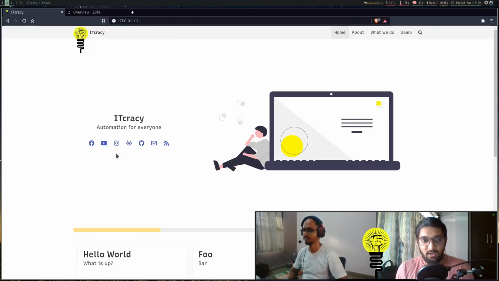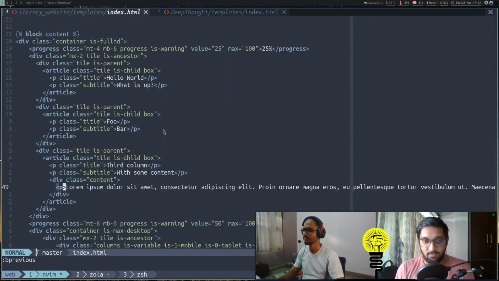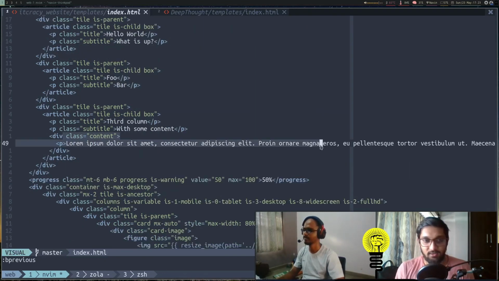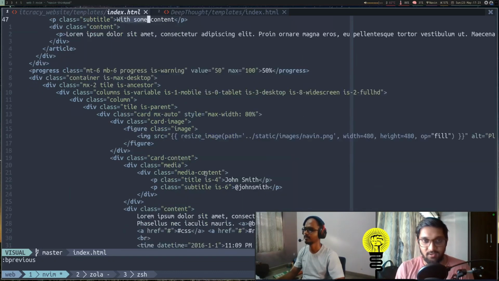If you have to build a website like this, you can really use this power of blocks and extending, through which you don't have to rewrite your code again and again. You just define blocks, and then you can change them in different pages wherever you want. Now if we check our index.html page, we can see that we have directly added the content inside our HTML page only.